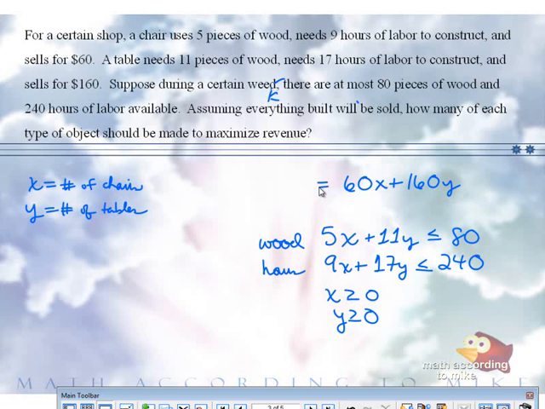Now, you can call this capital R for revenue. But typically for these problems, we use a generic letter, namely the letter Z. So you might see lowercase z equals this expression. But for this example, we can call it a capital R. And what are we trying to do to this revenue? We're trying to maximize it. So we're trying to maximize the revenue expression, which is 60x plus 160y, subject to